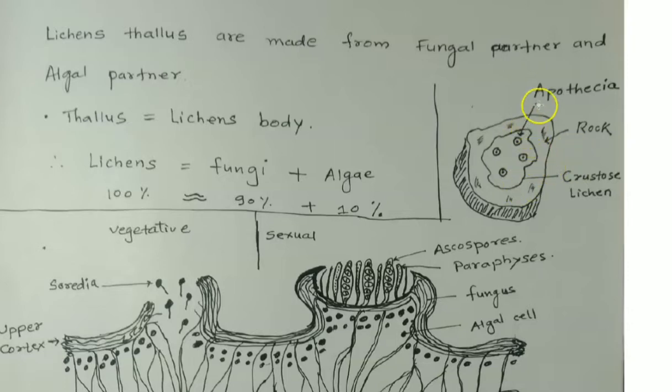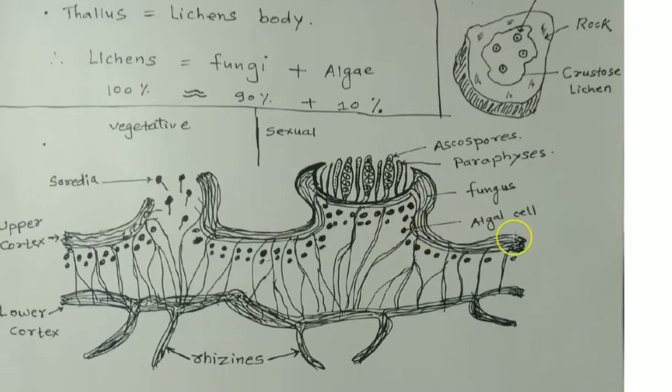These lichens show apothecia, a reproductive structure. This is homoiomerous, meaning the algal partners and fungal partners cannot be separated into layers, but are uniformly distributed in the gelatinous matrix. So crustose lichens are very difficult to separate from the rock. The other two types, foliose lichen and fruticose lichen, show various internal layers. The first one is the cortex: upper cortex, lower cortex, algal zone, etc.